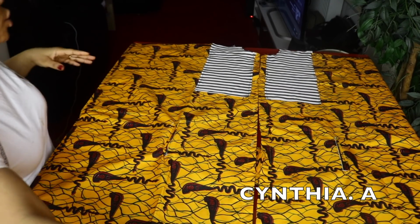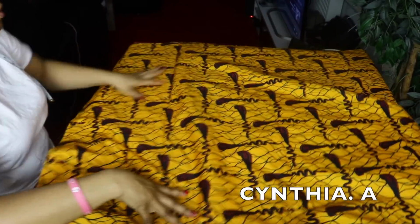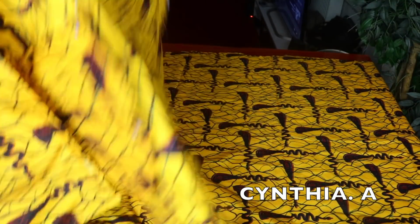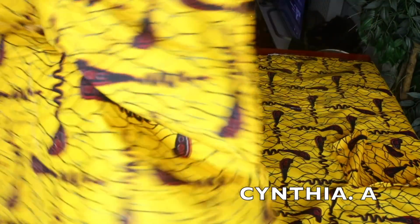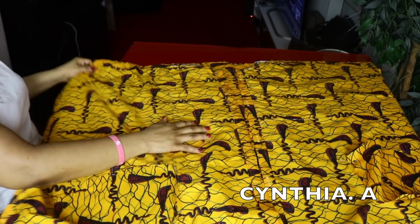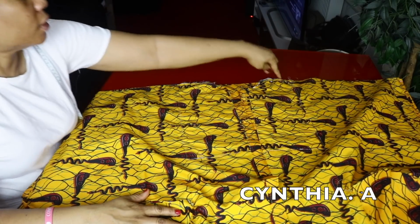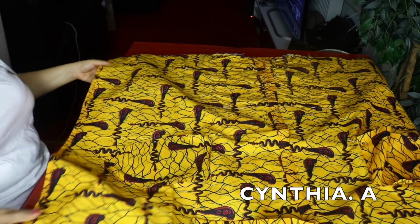So we're going to be joining the shoulders together. So we spread the back piece on the table. We take one part of this. This is for this side, and this is for this side. So I'm going to sew the shoulder here. I will sew the shoulders on this side and this side. Then after I've done that,